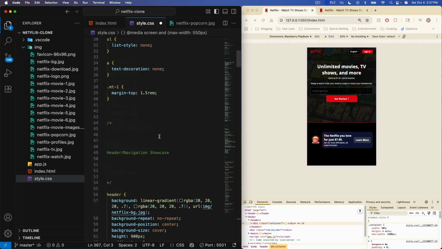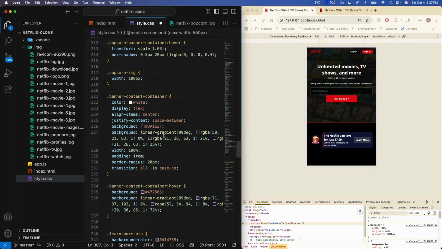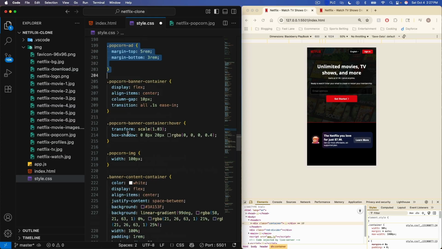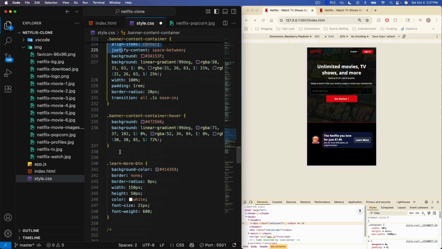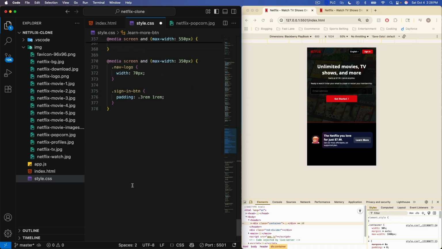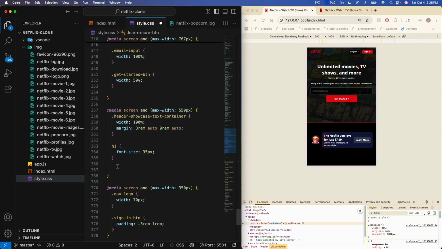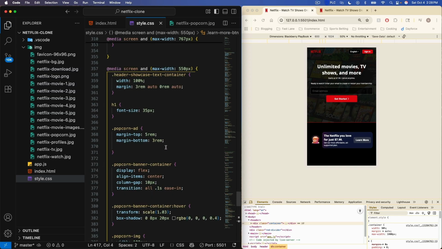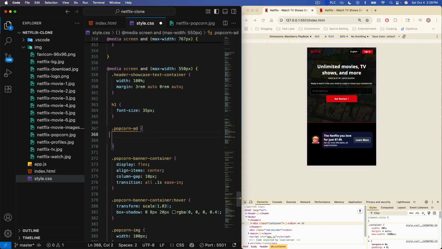So let's go up here and we'll grab everything that I think we'll need. So let's just grab everything from here down and then we'll just delete what we don't need. So down to the button. So copy that, go down to the 550. Right here. Okay. So for the popcorn ad itself, everything can stay the same, but I am going to make